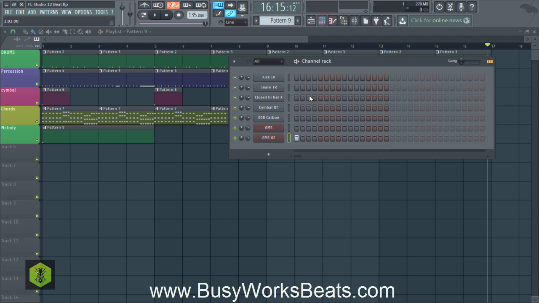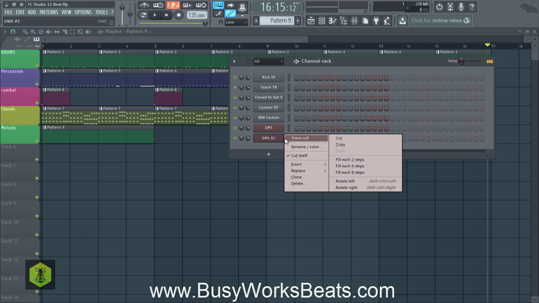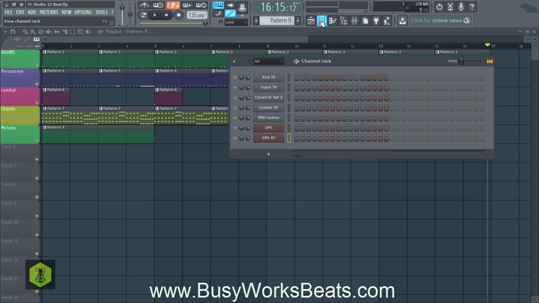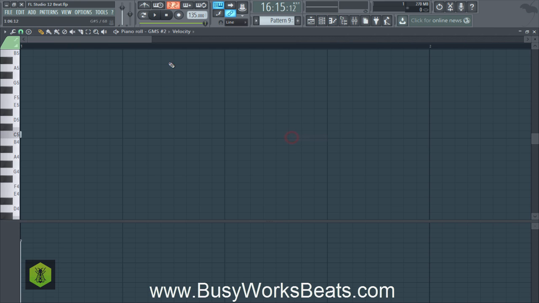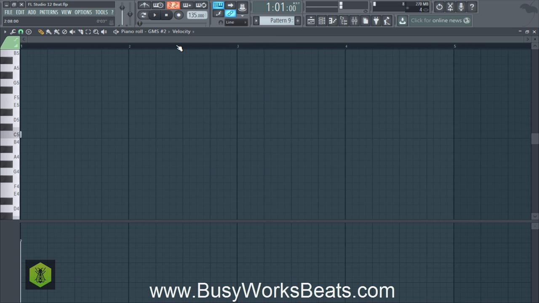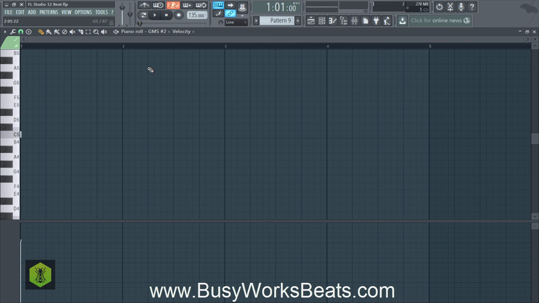So I'm going to show you how to use a scale basically to make sure you're using the right notes for beginners. Now you can go outside of the scale, but we're going to show you a way where it's easier for you. So you simply right click, go back to your channel rack, and you're going to be on pattern 9, right click, go to piano roll. So now when we hit song mode, remember to take your play mode off of the pattern mode, which is the orange mode, turn it back to song mode, which is the gray mode, and hit play. So now we can program our melody in context of the song.